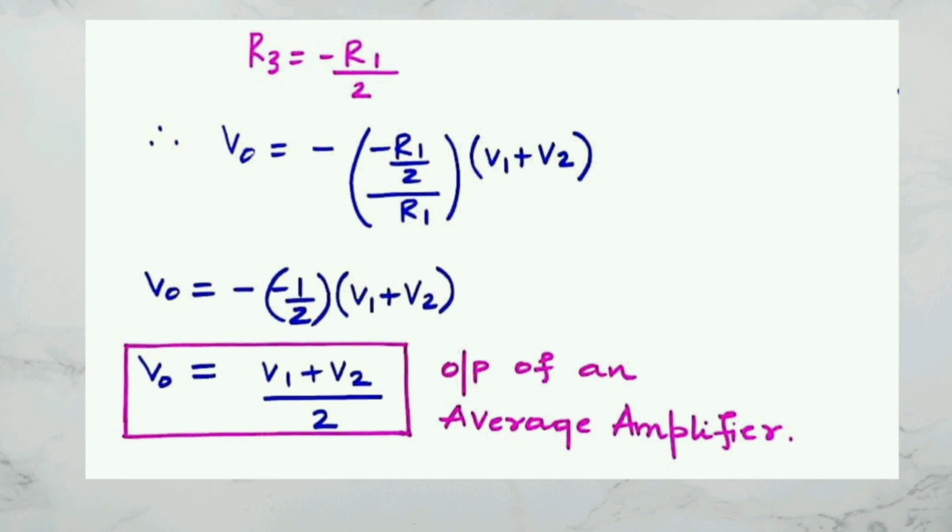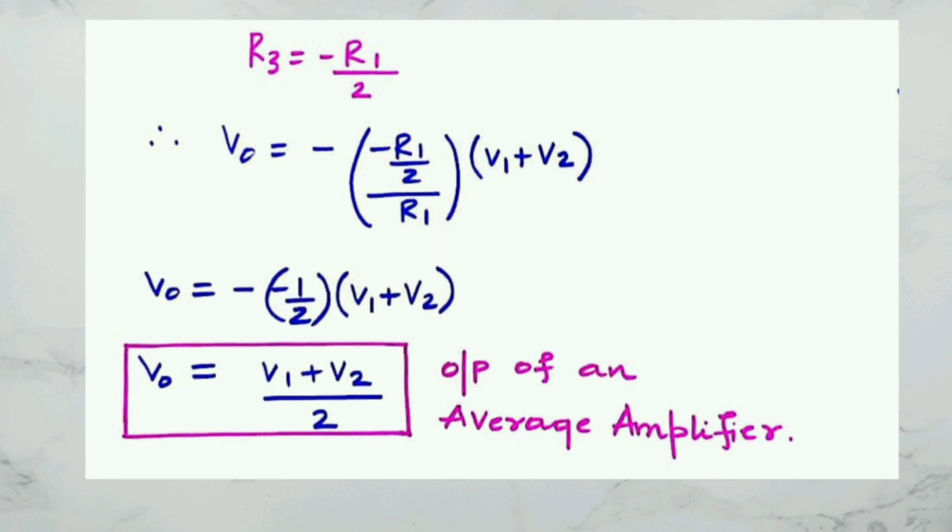So why did we consider this? Because we have to take your feedback resistor in such a way that at the denominator you achieve your average. Because at the input we have taken 2 input voltages. Therefore, to achieve that 2 in the denominator, you have to consider your feedback resistor in this way. If it is 3 input resistors, you have to consider your feedback resistor as minus. Minus, why we are considering, is to get the positive output voltage. Minus of input resistor to the number of input voltages.